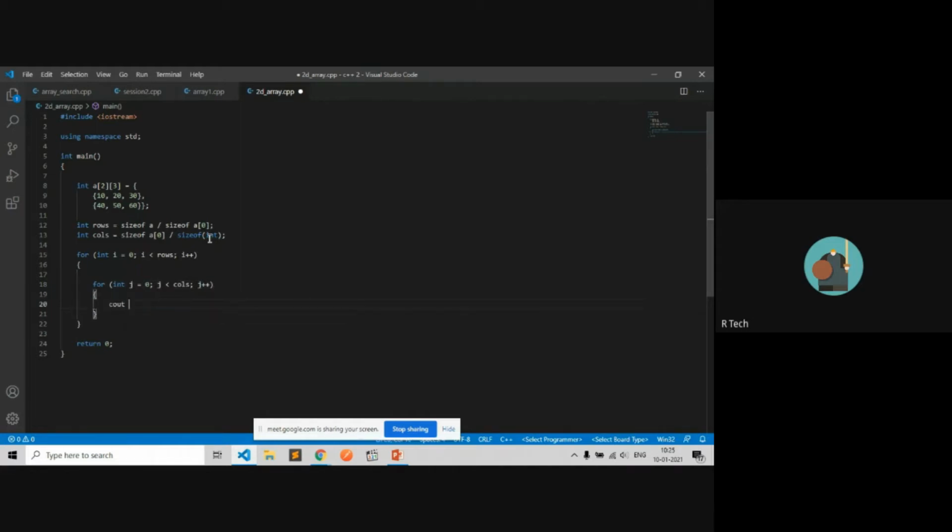Here, first we have to declare the row, then i.